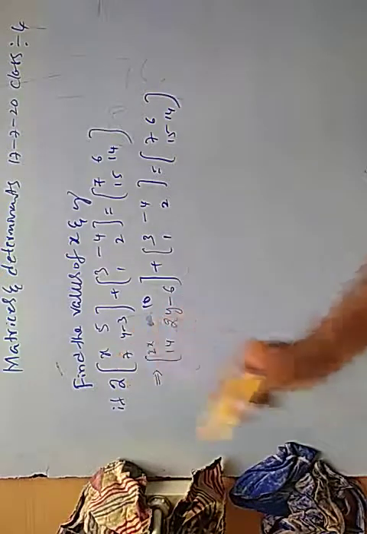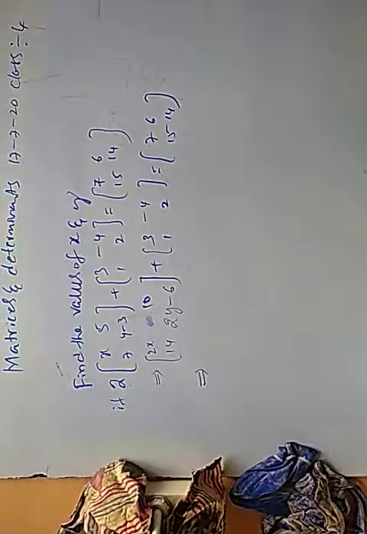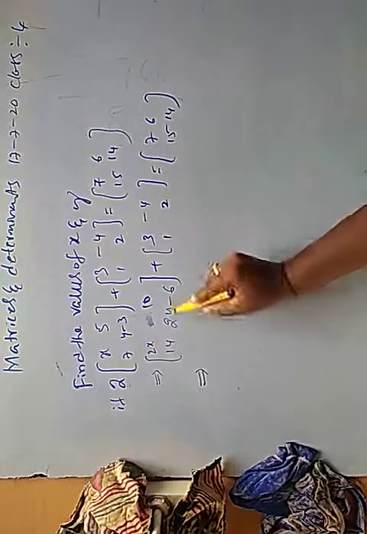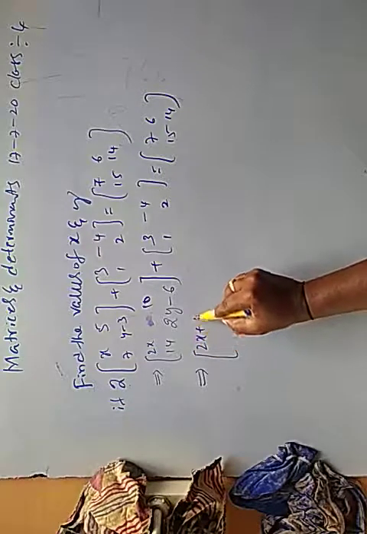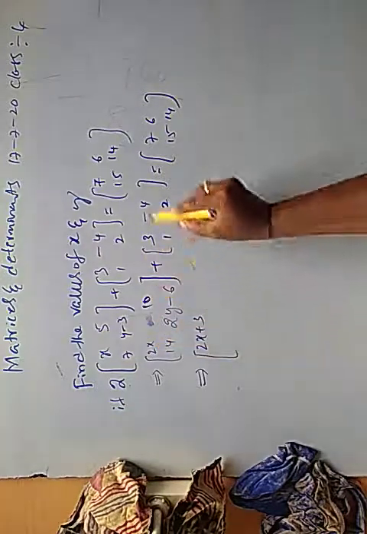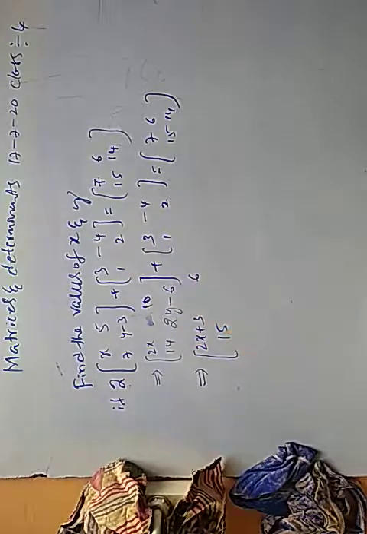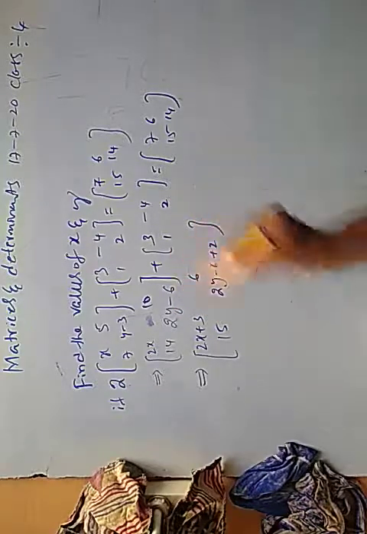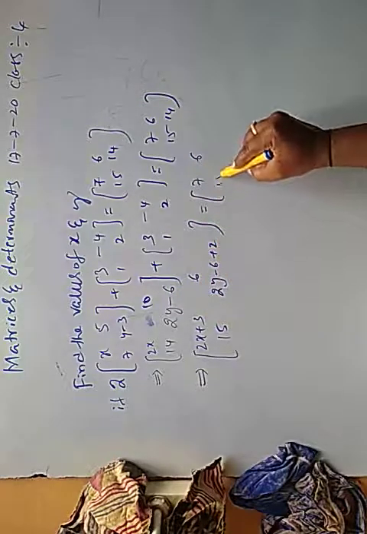Yes. In the first step, we are multiplying 2 with the first matrix. In the next step, again don't use equal, the equal symbol is there. This is an addition symbol. These two matrices are of the same order. We can add easily. 2x plus 3, 10 plus half minus 4, 14 plus 1, 15. 2y minus 6 plus 2, as it is. 2y minus 6 plus 2, 7, 6, 15, 14.